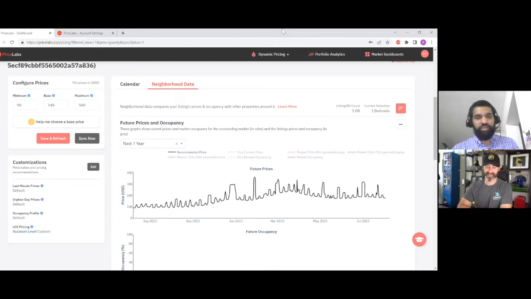What we're going to touch on now is, if you recall from the last video, we'd looked at this neighborhood graph. We'd looked at 60 days, we'd looked at a year out. I've zoomed it again at a year out. If you look at this curve, you'll see it's generally upward trending. Here in August, September, you're making about 90 or 100 in recommendations versus here, where recommendations really start to pop up and go a lot higher. That's not necessarily to say we expect those dates to be very high,